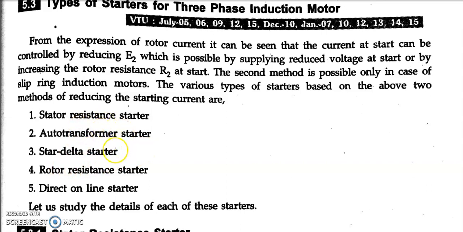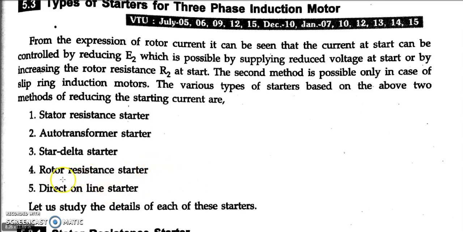So all 1, 2, 3 are all here with the stator part. Fourth one, you can see it is clearly mentioned, is the rotor resistance starter. This starter is used in connection with the rotor part. And again remember, the rotor resistance starter is only applicable to the slip ring type induction motor and not the squirrel cage type induction motor, as we don't have any connecting points for the squirrel cage type. It is a short circuited one, which you all know as per the construction.